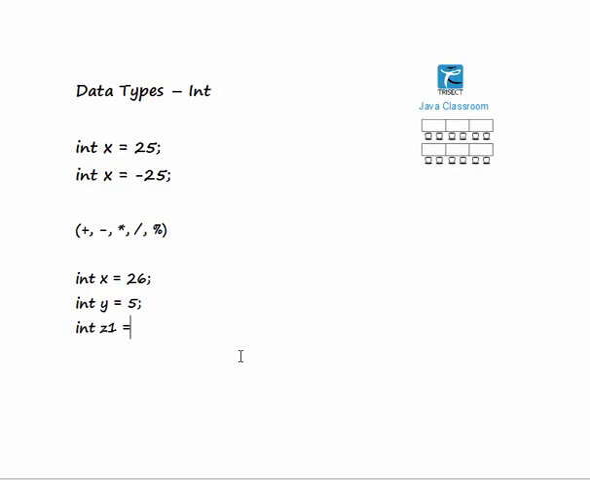I can declare a variable which will store the sum of x and y, which in this case would be 31, or I can use the same variable and use it to store the difference, which would be 21. I can also use it to store the product or the division,